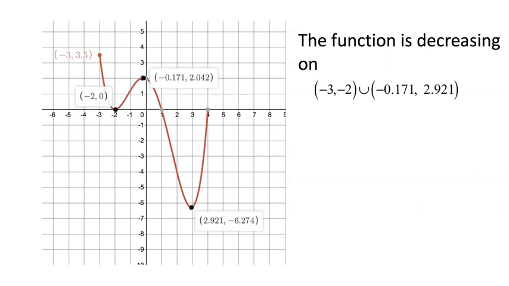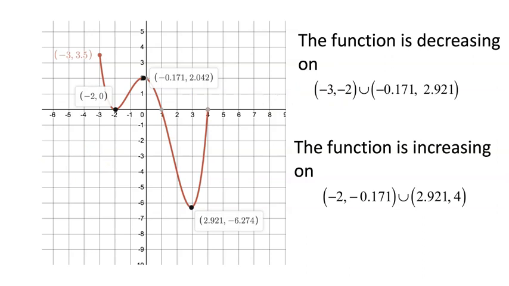Now, where is the function increasing? It's increasing here, as we go from -2 to -0.171, and it's increasing here, from 2.921 to 4. When I talk about increasing or decreasing, I never use square brackets, because to me something is increasing or decreasing in an open interval. Personal feeling there. So what do we conclude? The function is increasing on the interval from -2 to -0.171 union